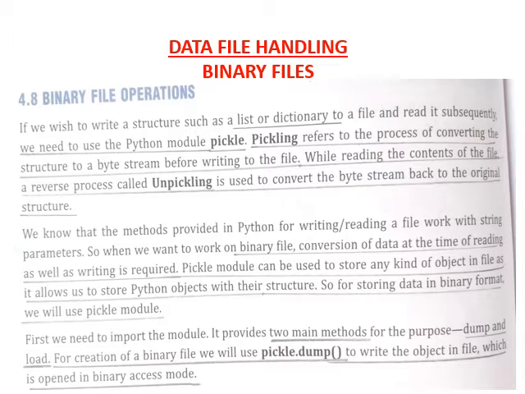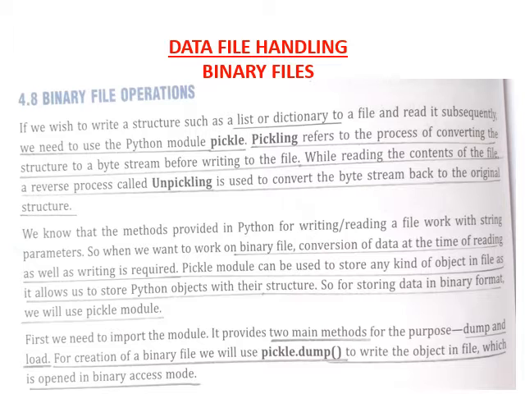We know that the methods provided in Python for writing or reading a file work with string parameters. So when we want to work on binary file, conversion of data at the time of reading as well as writing is required, and that is nothing but the process of pickling, like we talked about it in